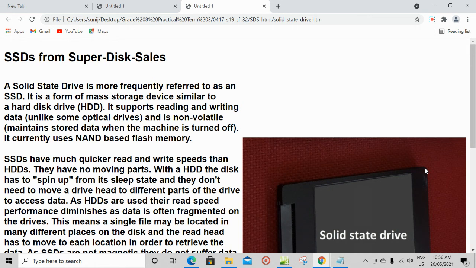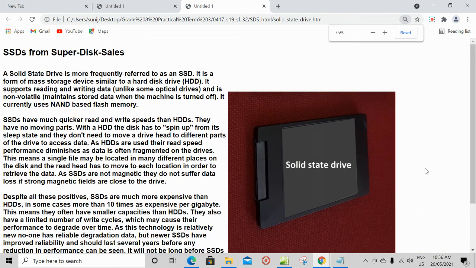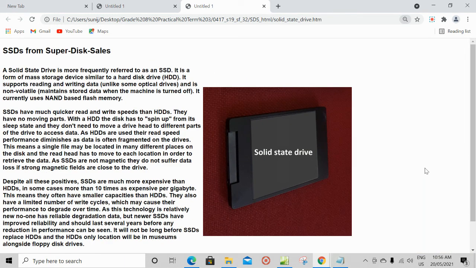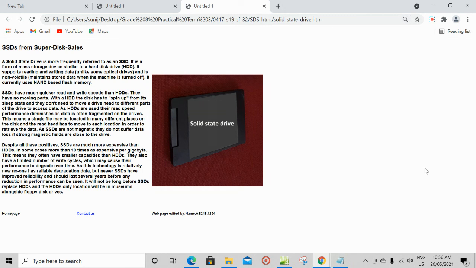To reduce the zoom, you have to press Control key together with minus sign. If you press like this, the zoom will be reduced and you can get the screenshot of this full web page. So you can see SSD, all the 3 rows here and the picture also here. So this is how your web page will be looking. Take a screenshot of this and paste it in your evidence document.